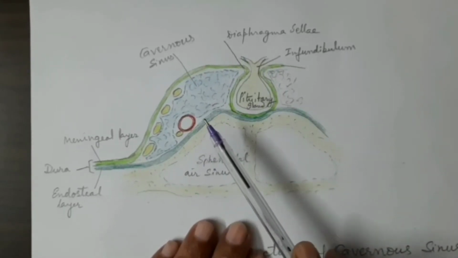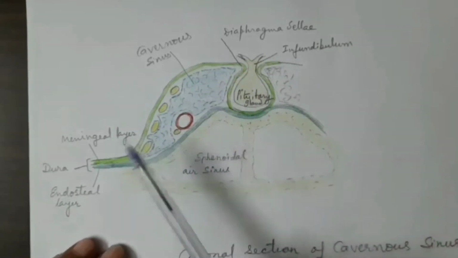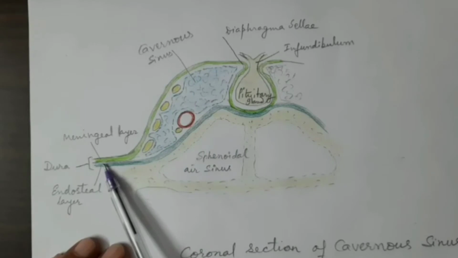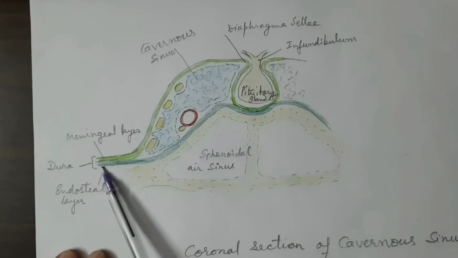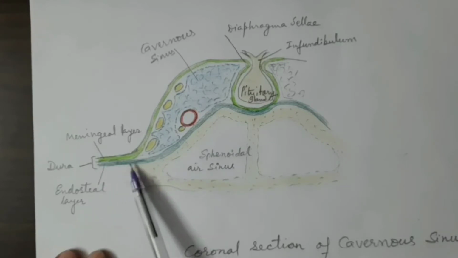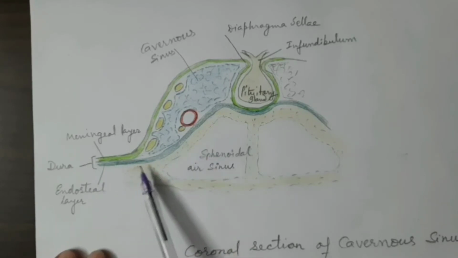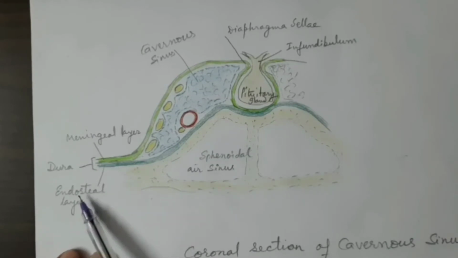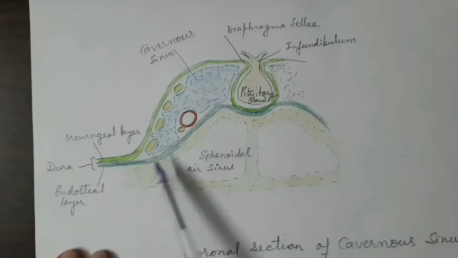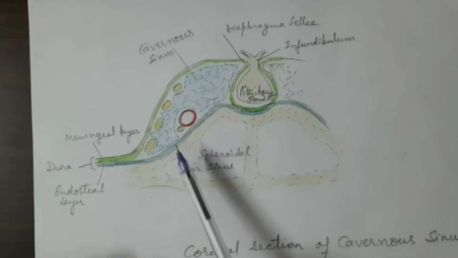So what I was talking to you about was the formation of this sinus. The sinus is formed by the splitting of the dura mater. See, this is the dura mater. And these two layers of the dura mater: one which is lining the bone, here it is lining the greater wing and then will come towards the body of the sphenoid. This one, which is firmly attached to the bone, is called the endosteal layer. And why is it called the endosteal layer? Because it forms the periosteum of the bone.